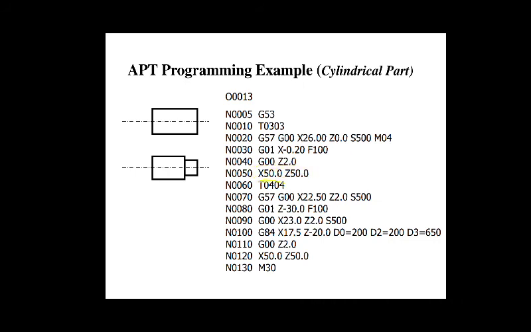After that we change the tool, then we have selected N007 G57, which is for the work coordinate system. Again we move the tool rapidly to the position X25 Z2.0,